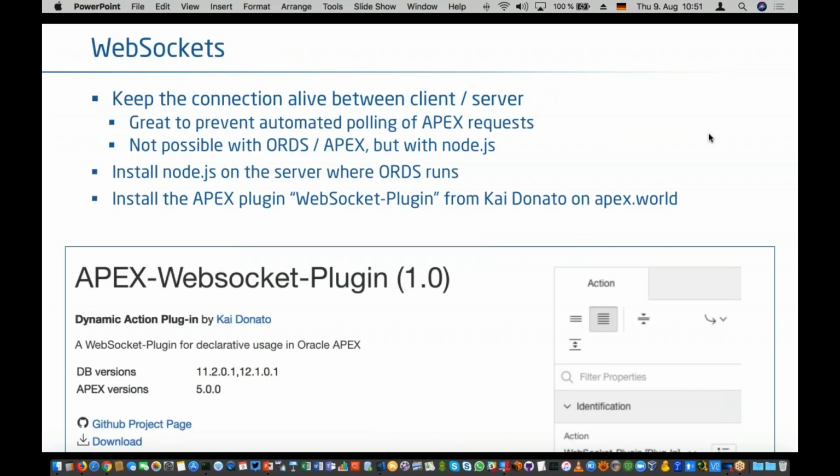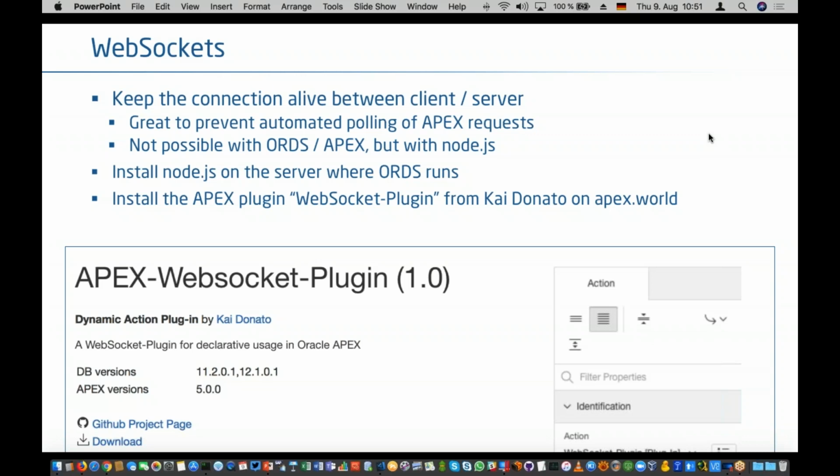So I believe this is the last topic, WebSockets. When you have a lot of automated requests against the Apex server, that's kind of bad. Imagine a situation where an Apex developer develops an application, and every 5 seconds it polls the Apex server by an AJAX request, asking, is there new data?